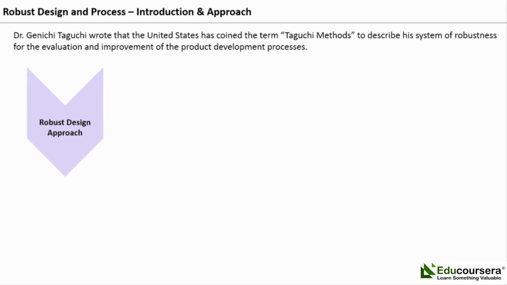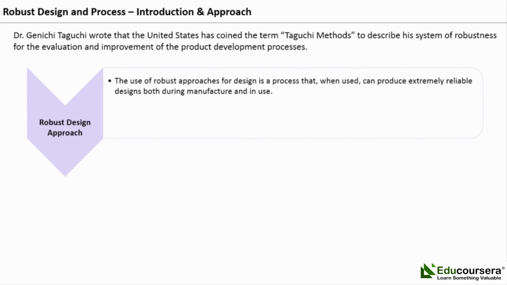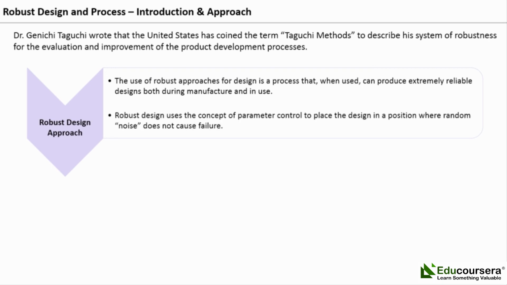Robust design processes are one of the more important developments in design processes in recent years. The use of robust approaches for design is a process that, when used, can produce extremely reliable designs both during manufacture and in use. Robust design uses the concept of parameter control to place the design in a position where random noise does not